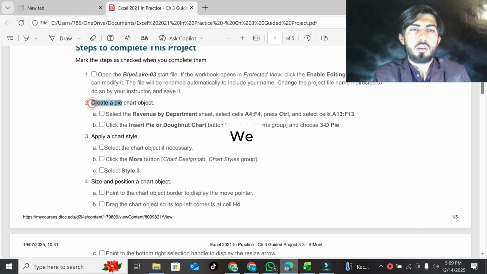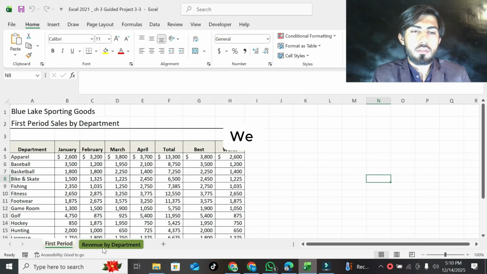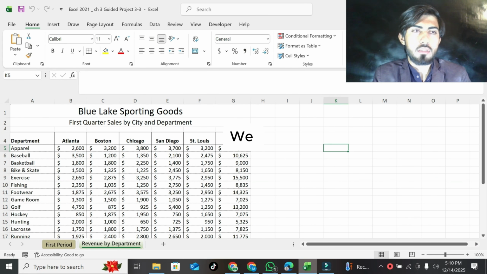Now step 2 is create a pie chart object. Part A is select the Revenue by Department sheet, select A4 to F4, press Ctrl and select A13 to F13. So this is the Revenue by Department sheet.